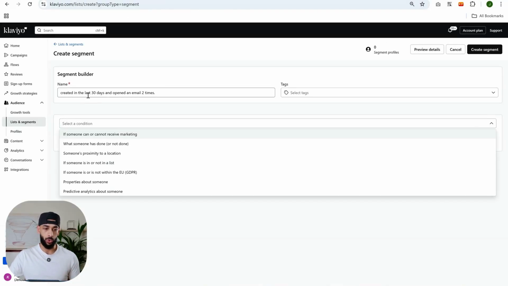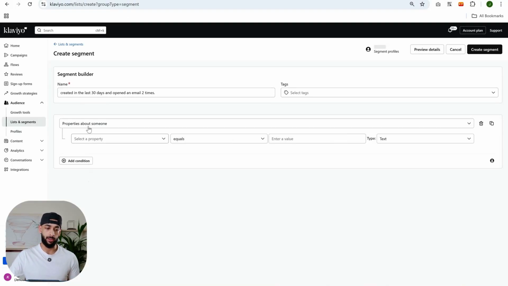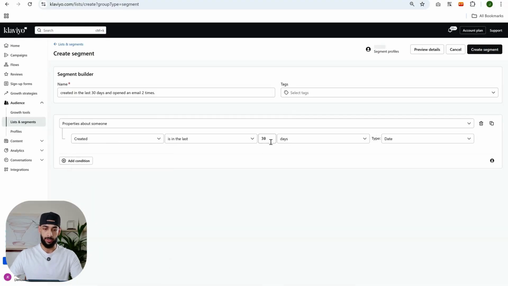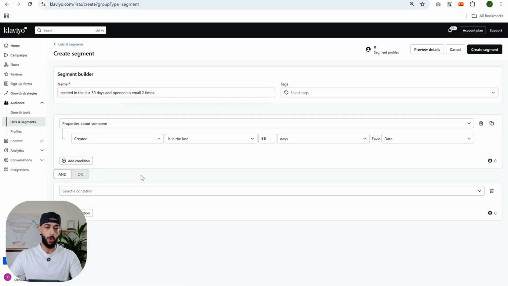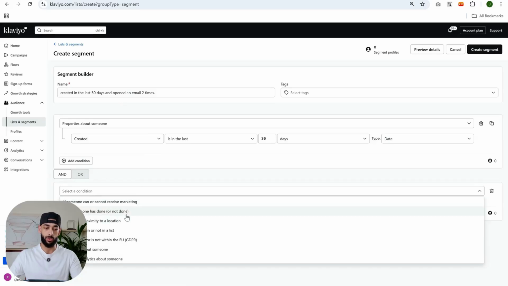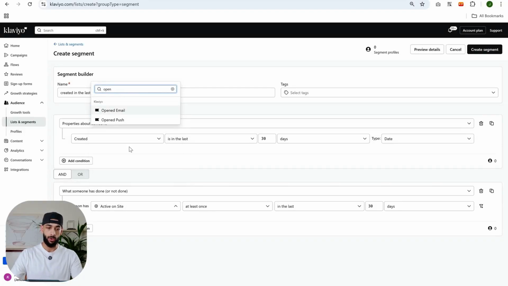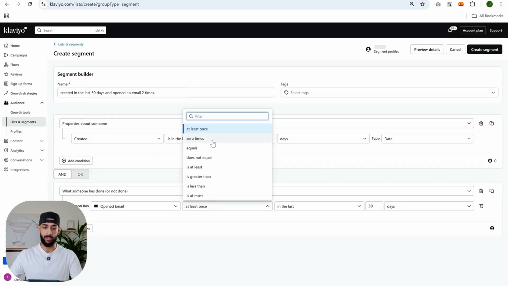So for example, created in the last 30 days would be properties about someone, created in the last 30 days, another condition, and select and opened an email 2 times. So now we are going to be doing metric. So this is a property, this is a metric. By combining the two, we can create specific groups of people. Opened email is at least